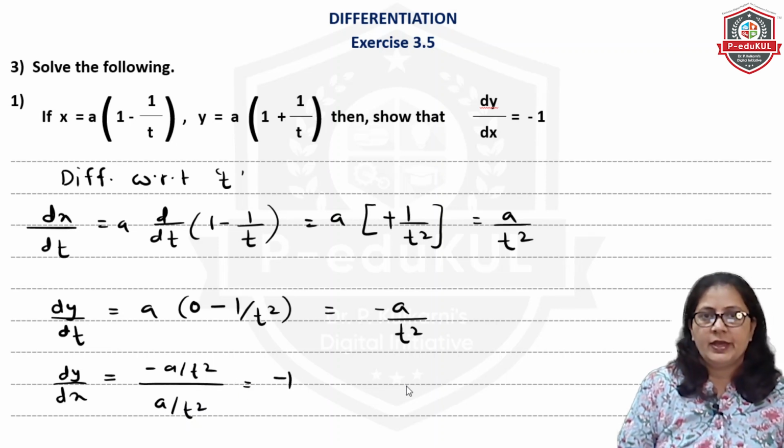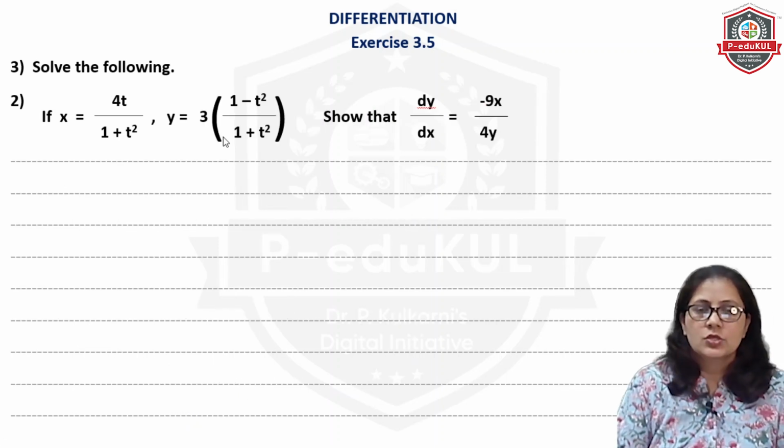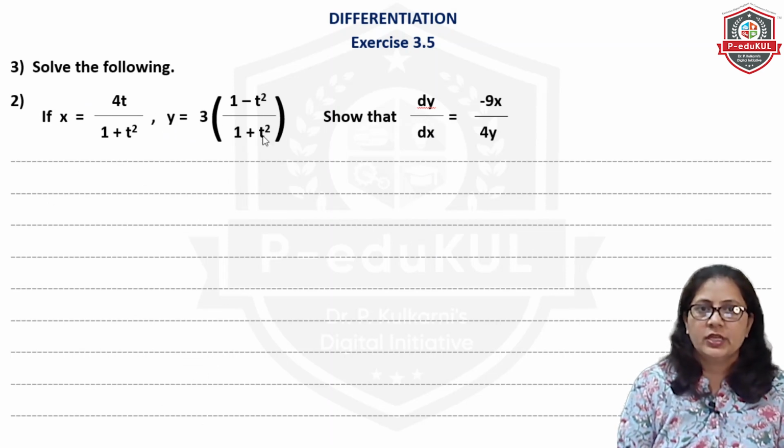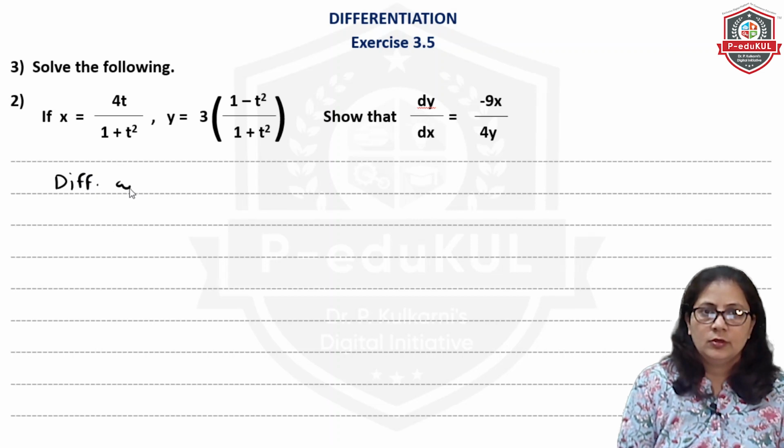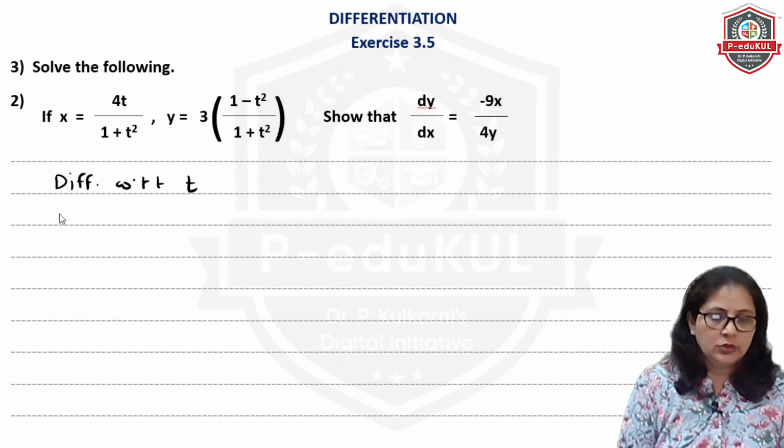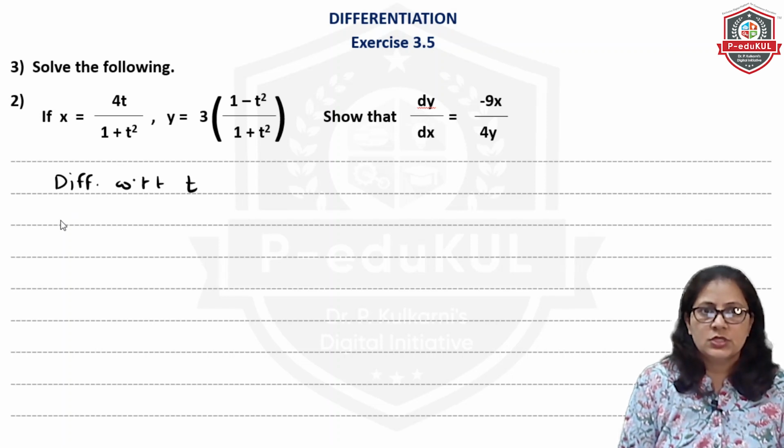So this will be minus 1, that's it. So x and y both are functions of t. So we will differentiate with respect to t. So now this is dx by dt,